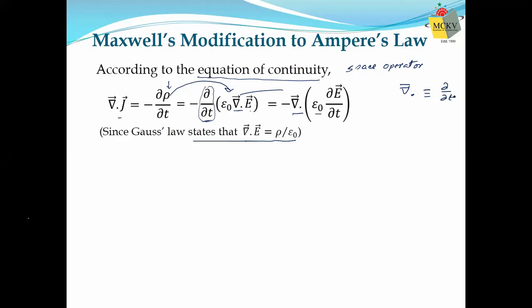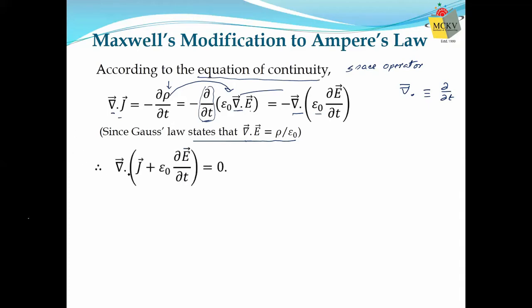But why do we want to interchange their position? Now you observe, the left hand side was written as divergence of something, the right hand side is also written as divergence of something. That is the objective of Maxwell, that both sides can now be written as divergence of something. Then you can take it common. Divergence is taken common.